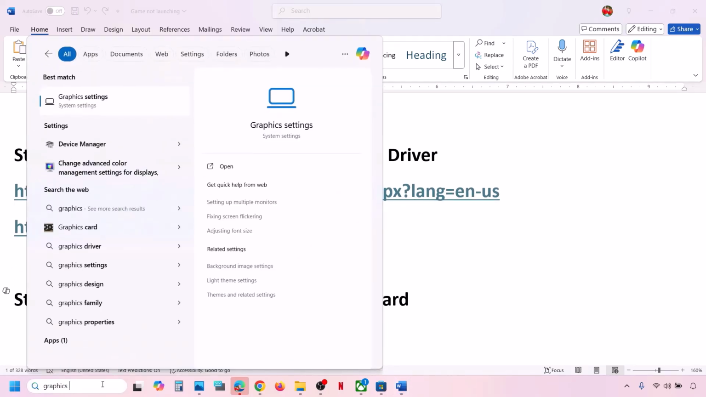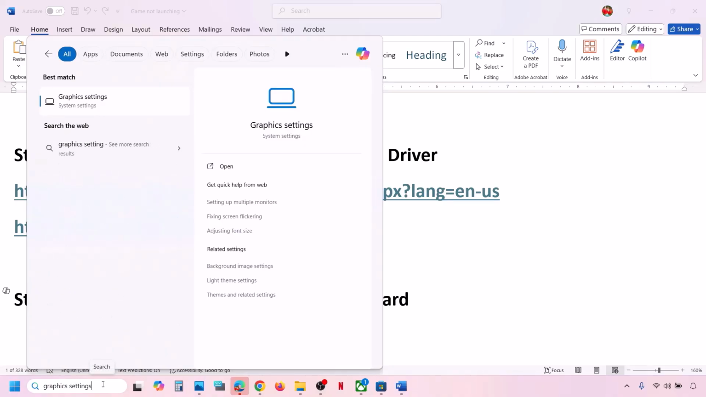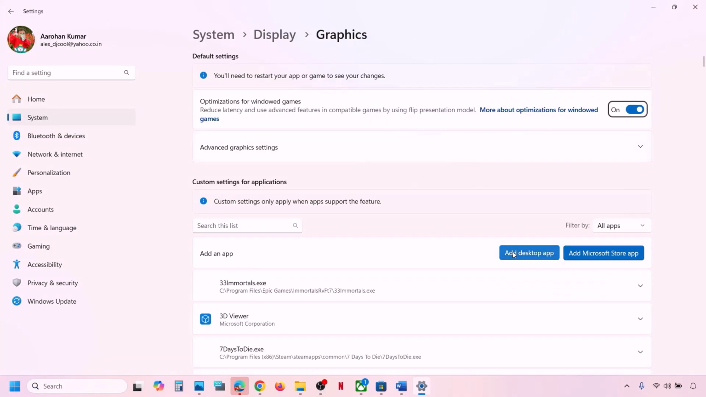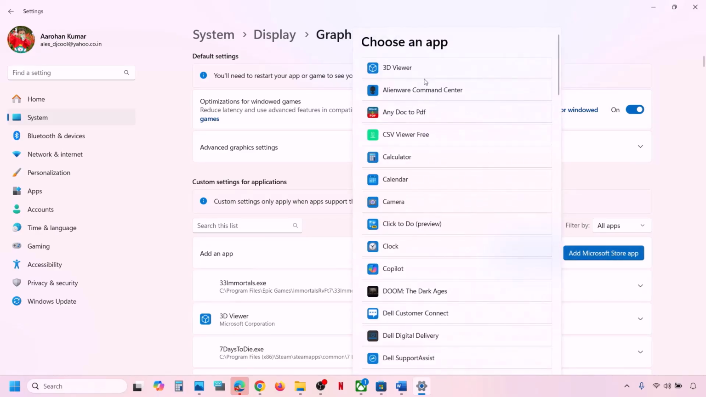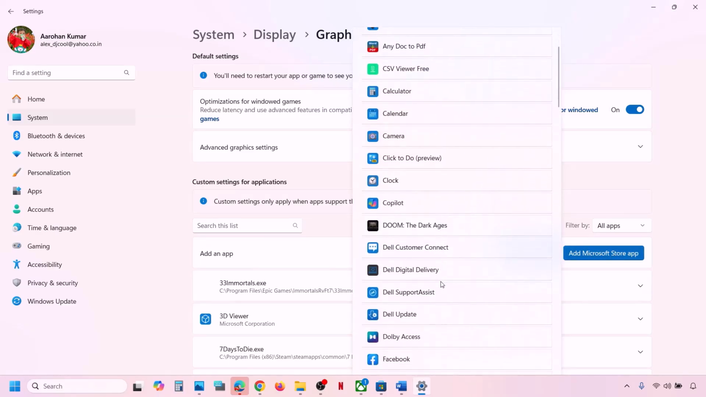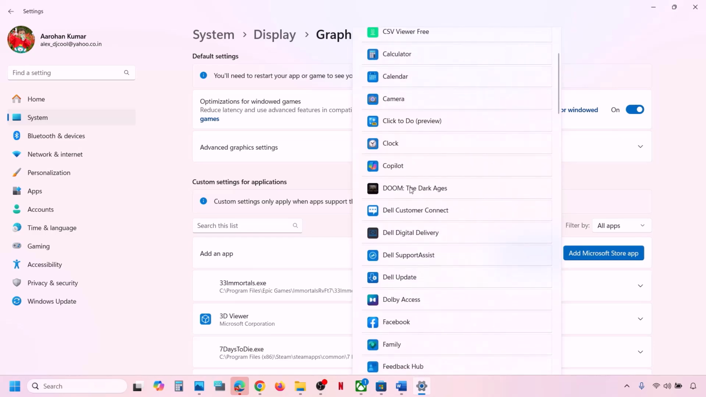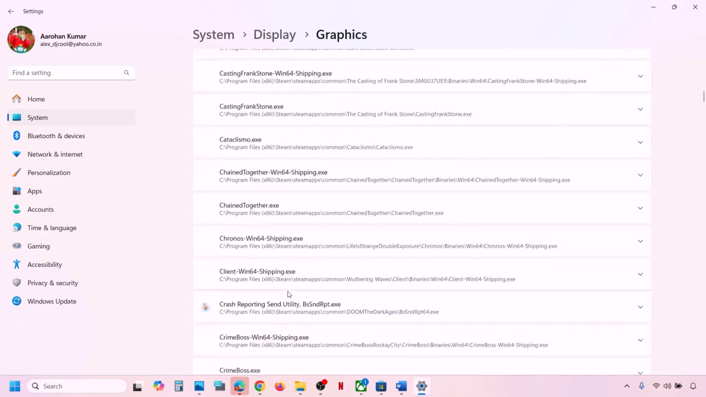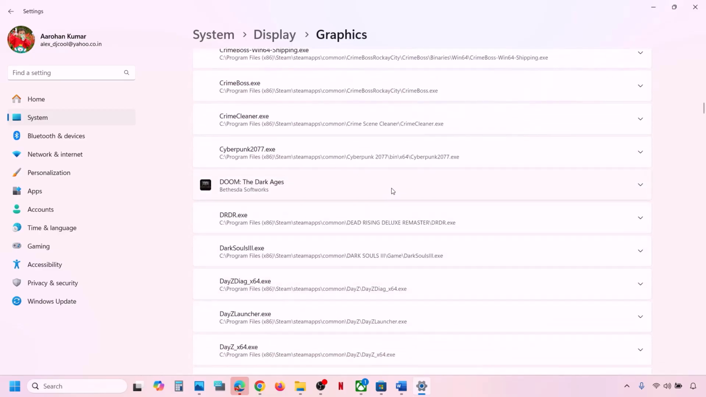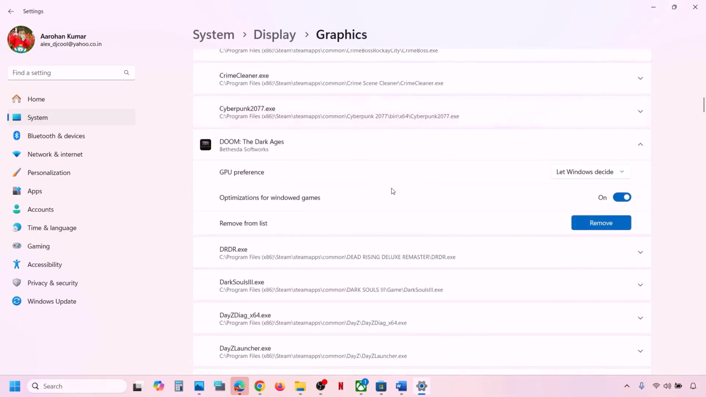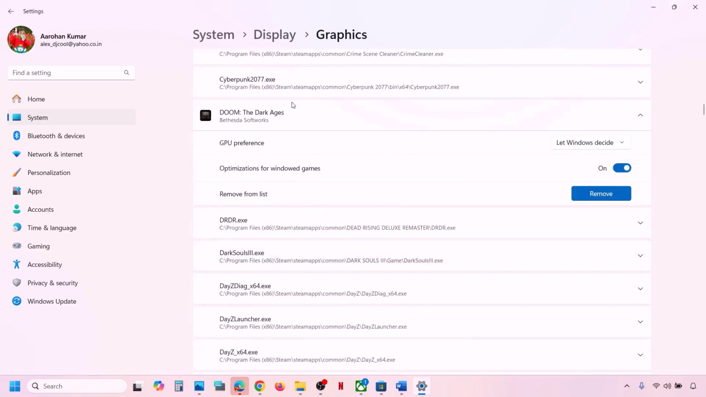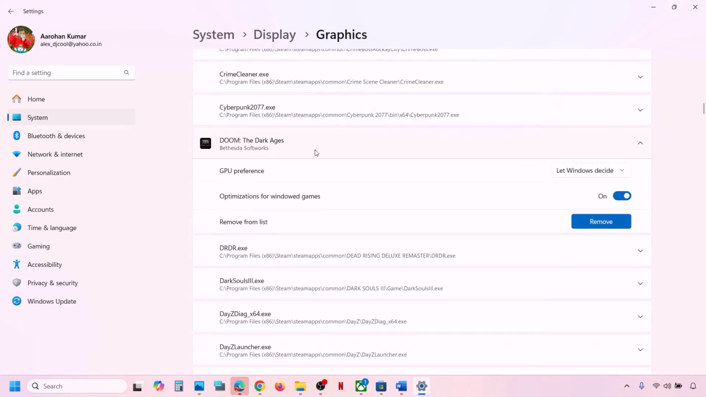Now for this, type in graphics settings in Windows search box and then click on graphics settings over here, and then click on add Microsoft Store app. So click on it and you will see the game in the list. So whichever game is giving you the trouble, you can select that game. This is just an example. Once you select the game, scroll down and find the game in the list. Let me check. Yeah, once you find the game in the list,